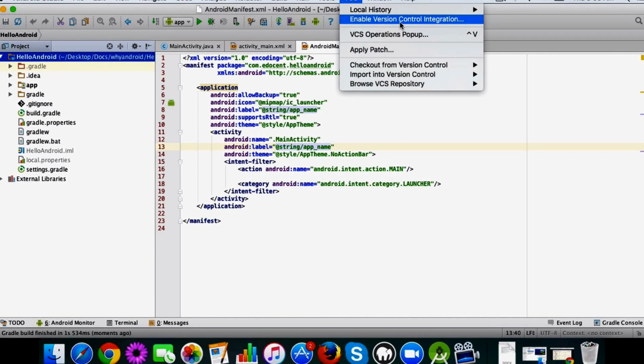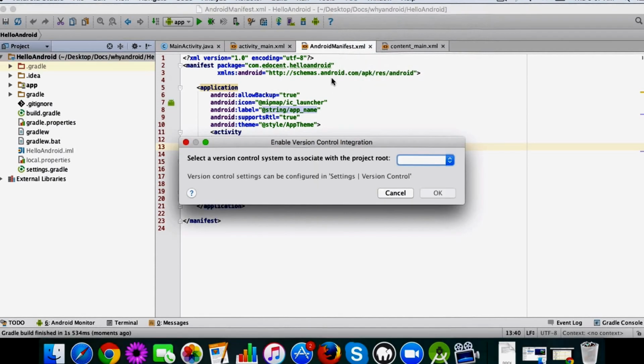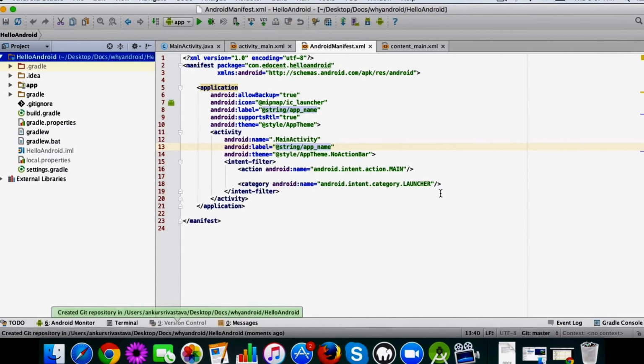What this tells Android is you are ready to use a version control system. Let's click on this option. It'll ask you which version control system you want to use. Since we are using Git for our example, we'll select Git here and say OK.